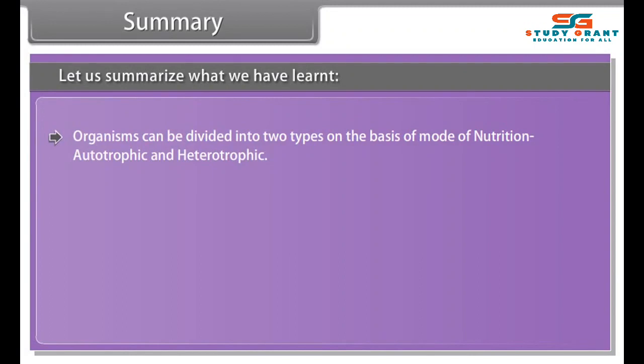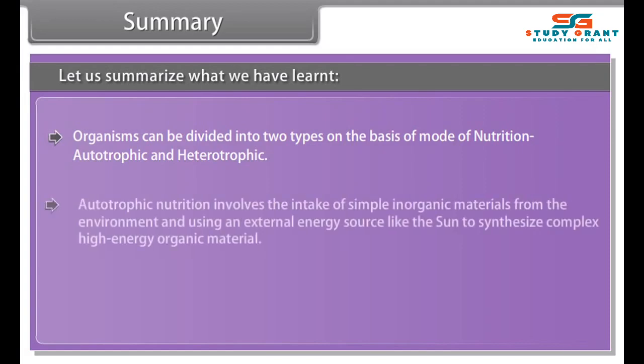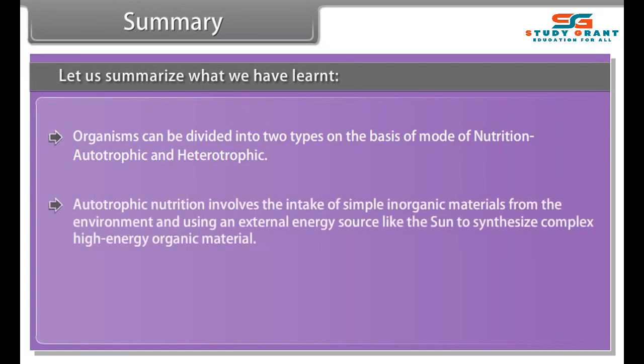Summary. Let us summarize what we have learned. Living organisms require oxygen, water, and food in every cell of their various tissues to sustain life. The various processes essential for maintenance of life are called life processes. The main life processes are